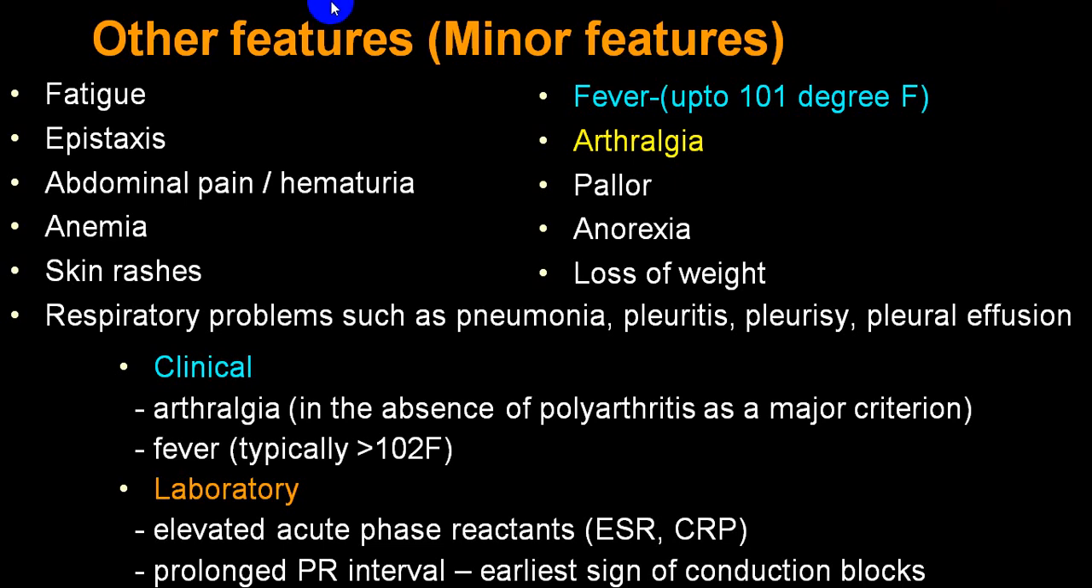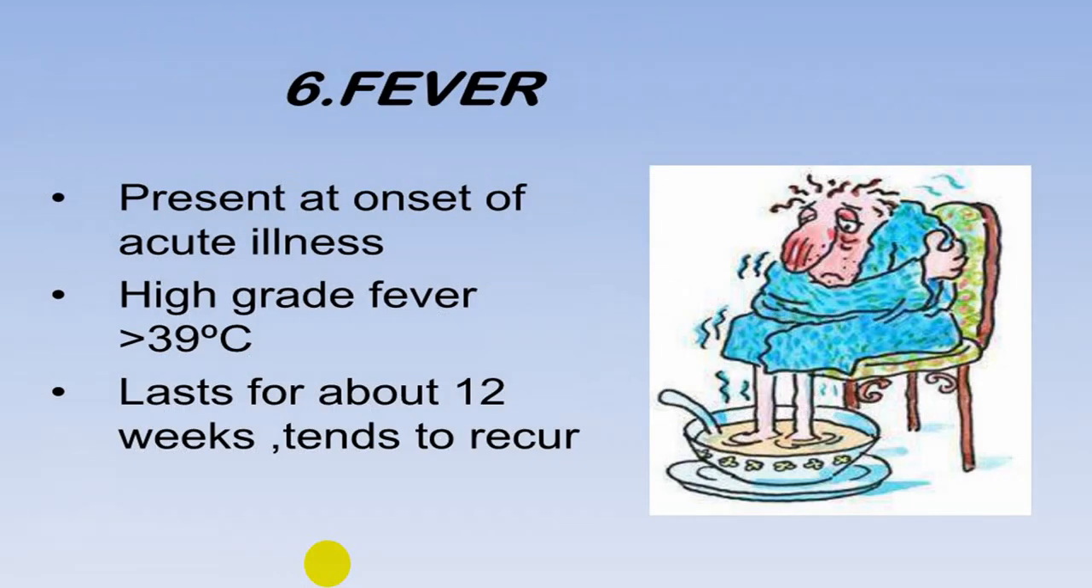So fever, arthralgia, pallor, anorexia, loss of weight. These are some of the minor criteria, but the most important is fever, arthralgia, ESR, CRP, and prolonged PR interval. These are considered as minor criteria along with major criteria. So fever,